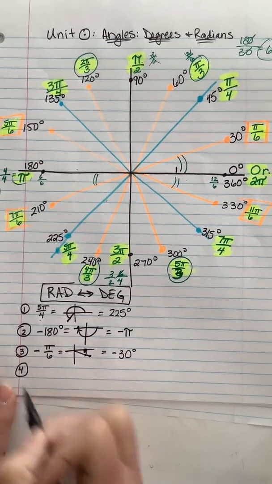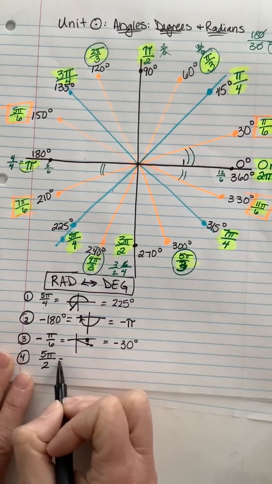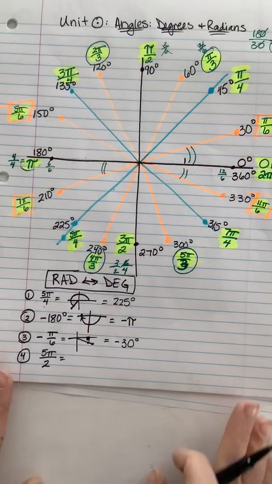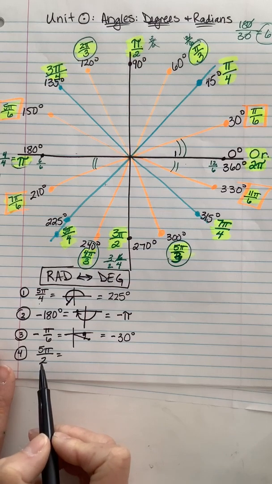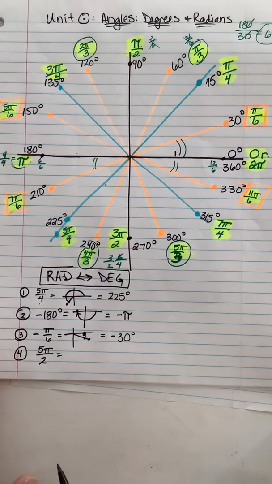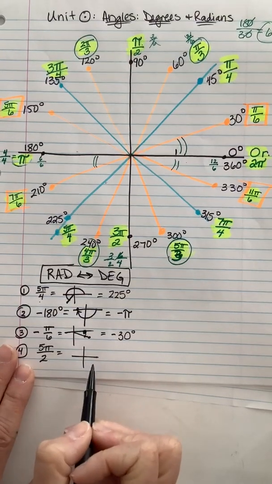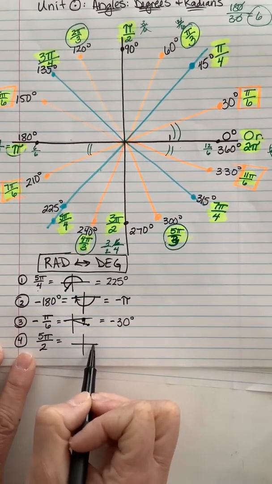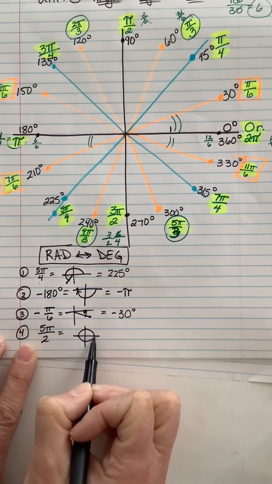All right, let's do a tough one. I'm going to go with, how about 5 pi over 2? What if we start with 5 pi over 2 radians, which means I would like degrees. Okay, wait a minute. 5 pi over 2, how many times does 2 go into 5? 4 times. Okay, so wait a second. That's going to be 4 full pies and then a half a pi. Or you could simply count half pies. This kind of reminds me of our imaginary numbers, right? So if I'm going to count half pies, I want 5 of them. So I'm going to go 1, 2, 3, 4,